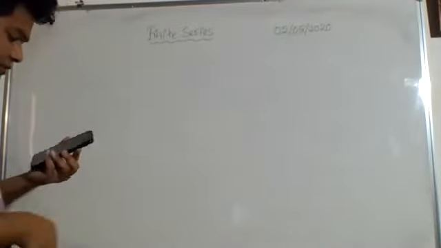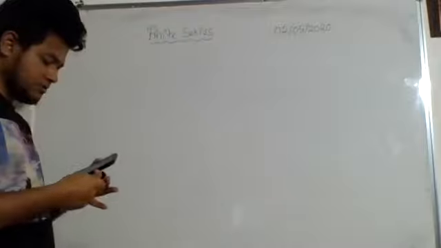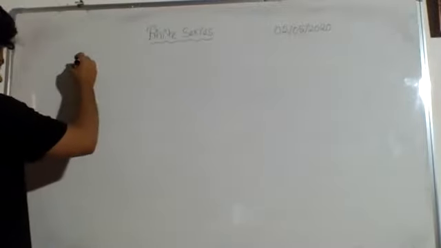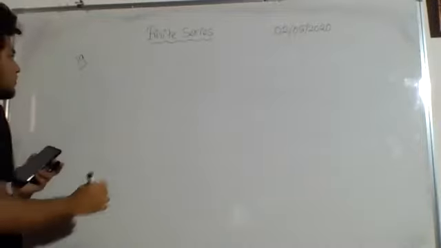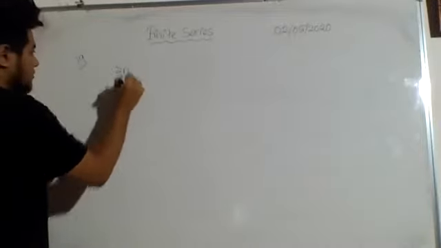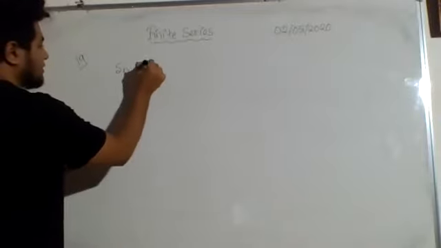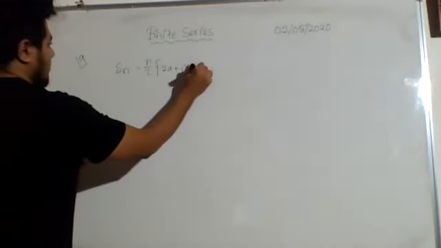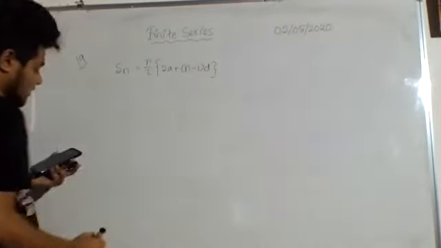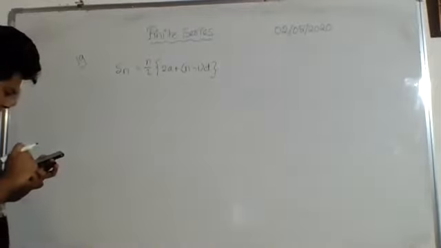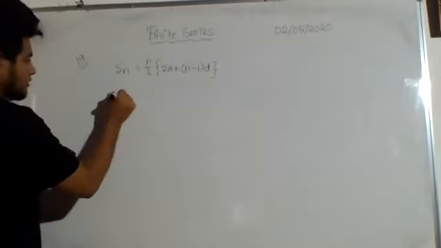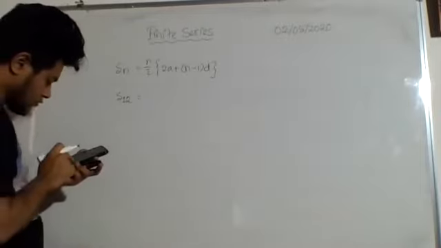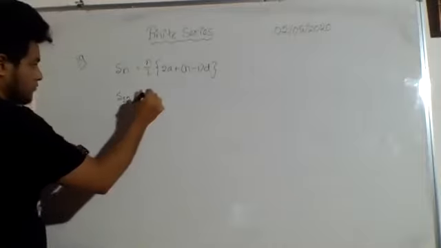If the sum, I will just show you the method, okay? Calculation, I will leave it up to you. So 19: if the sum of 12 terms of an arithmetic series, they already told us this is an arithmetic series, and we know the summation formula of an arithmetic series, that is Sn equal to n by 2 times (2a plus (n minus 1) into d). Now they told us the value of the summation of the first 12 terms. So that means S12 is equal to 144.